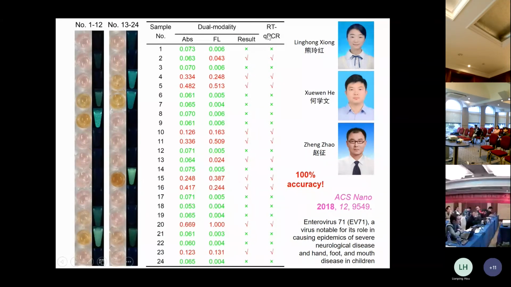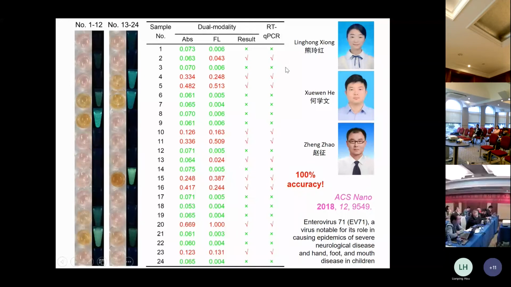Normally, as you know, for virus detection, people use PCR to do the DNA analysis, which of course is very good, but it takes time. For our system, we don't need to do the amplification. We don't need to do the PCR